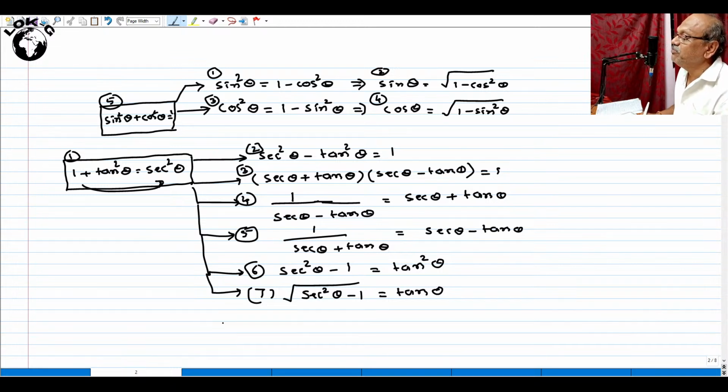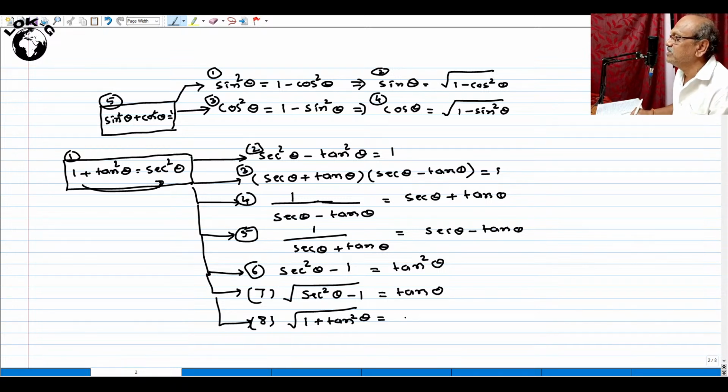Right? Similarly, if you take a direct square root of it, the eighth one. If I take the root of 1 plus tan square theta, what is the root of 1 plus tan square theta? It becomes equal to the square root of sec square theta, which is sec theta. See, in all, we generated 8 formulae out of it. So all these formulae become very, very useful when you start solving the problems. Okay. So let us take